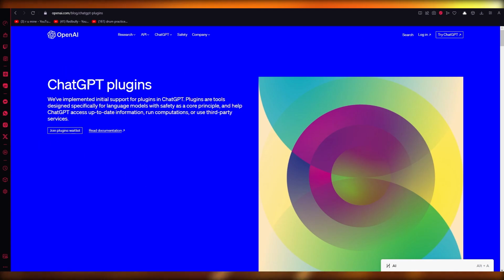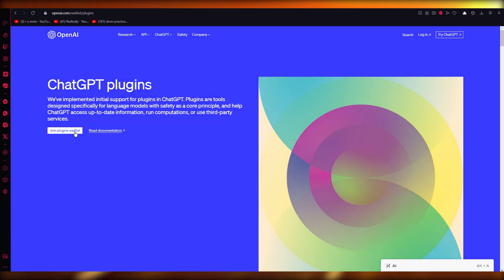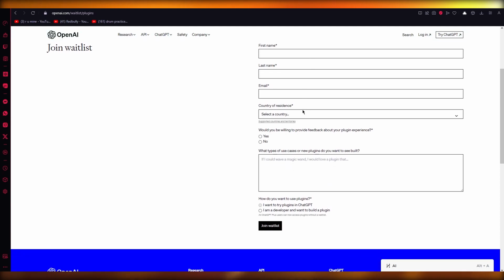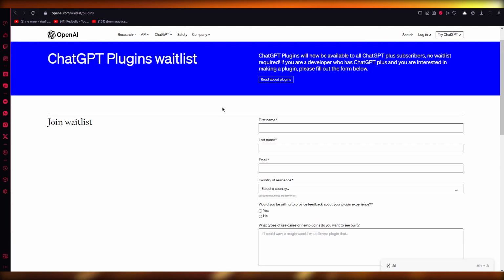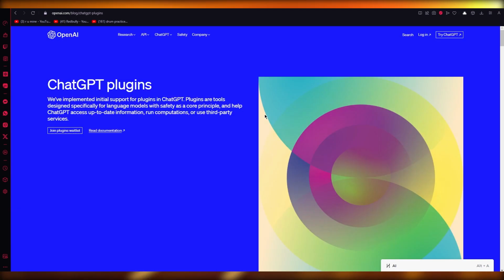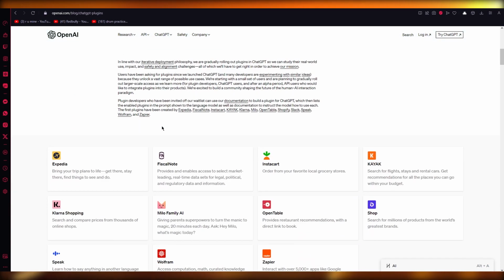So GPT plugins, they've implemented initial support for plugins in ChatGPT, and they're designed specifically for different language models, run computation, etc. So all you're going to do is come here and join the waitlist of ChatGPT, and they're going to allow the plugins in a few months for everyone, but you can be on the waitlist for early people. So you can read about the plugins as well because they have different limitations in them,